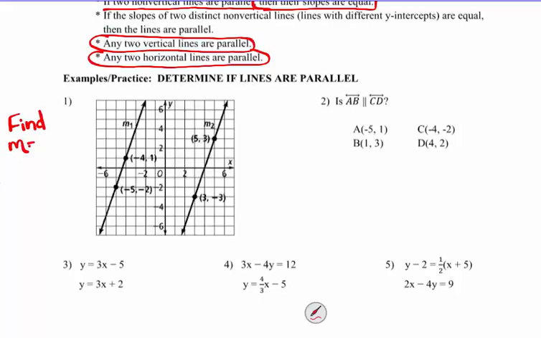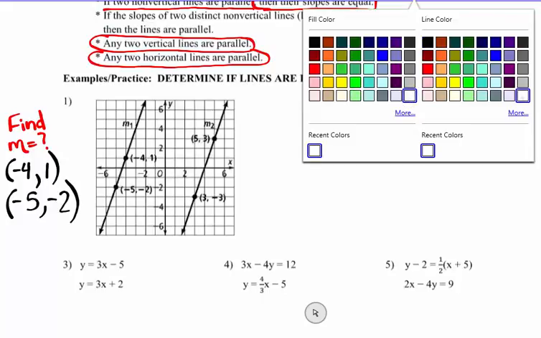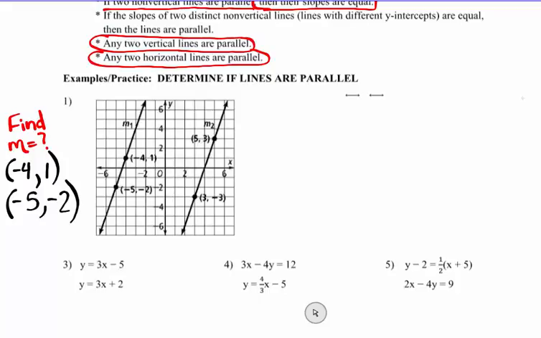The first thing that we're going to do is look at the graph. Are the two lines parallel? Well, you could find the slope of each line by subtracting y2 minus y1 over x2 minus x1 of each of the lines, or you could just count slope. The first line has the ordered pairs (-4, 1) and (-5, -2). The second line has the ordered pairs (5, 3)